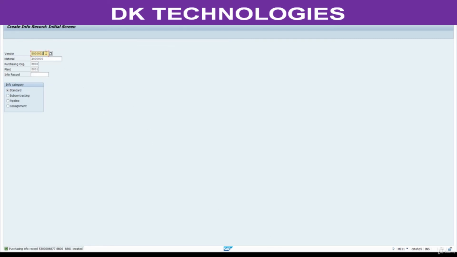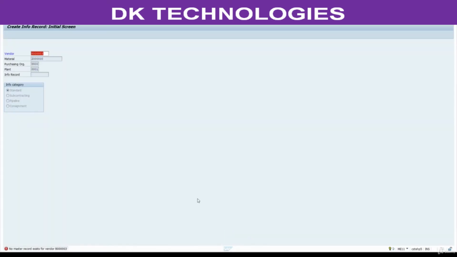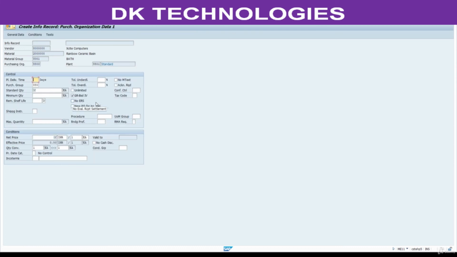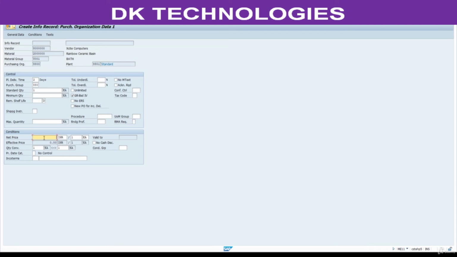Now change the vendor to the third. Maybe we don't have. Sorry, we have this vendor. I will take this. Change this. Press enter. We are updating the prices here.